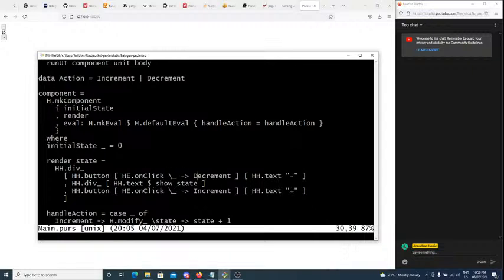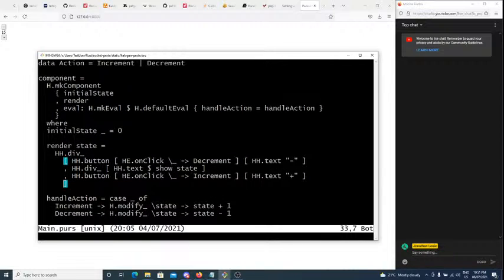For example, hh.text takes a single argument here, which is the text. It doesn't take another list of arguments as the children of the text element, because text can't have any children, whereas this button HTML element can, right? So here are the attributes, and then the second list here would be the children of this HTML element. And you get something that actually sort of resembles JSX even, right? I mean, it doesn't quite look like JSX because it doesn't have all the angle brackets and everything.